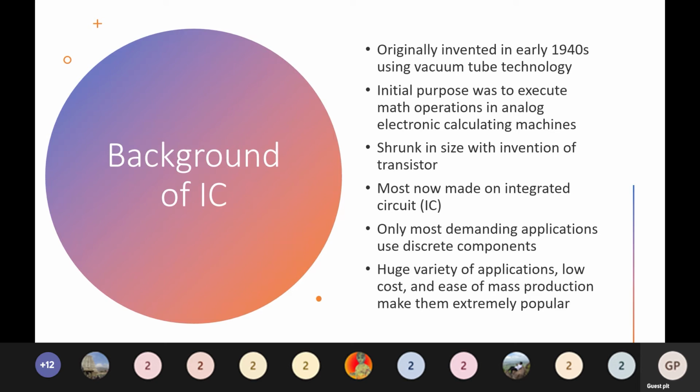And if we talk about the background of this IC, we were talking about op-amp, is it not? Op-amp is actually manufactured now as an IC. So if we start from the evolution of this IC, initially before 1950s, the entire electronic technology was built with vacuum tube technology. Okay, and later, after the invention of transistors in 1947, the size shrunk and we started using small size electronic technology. And then came the IC technology in 1960s.